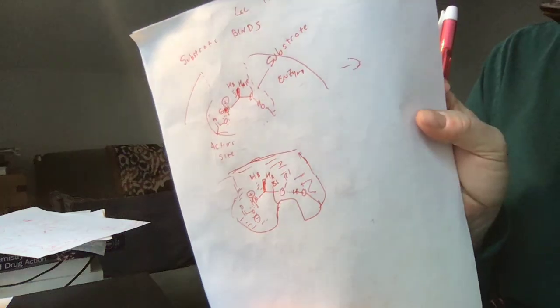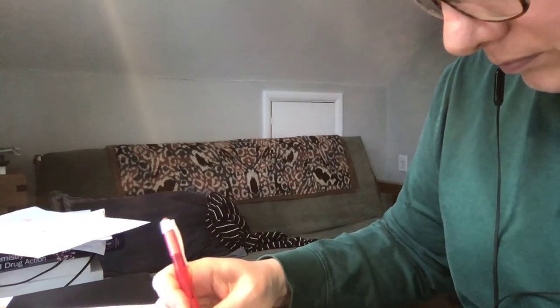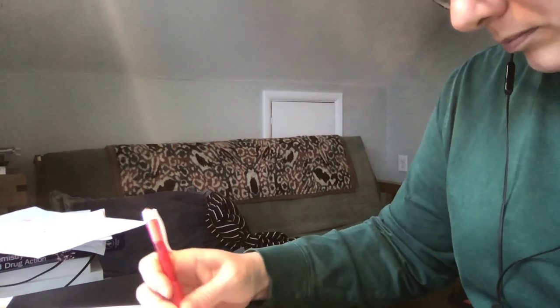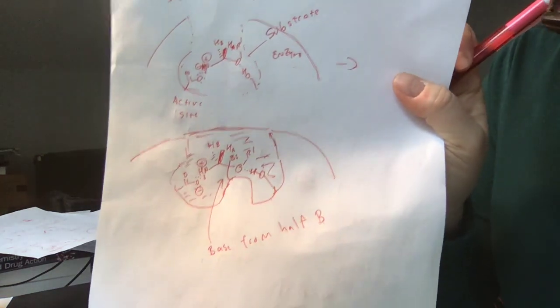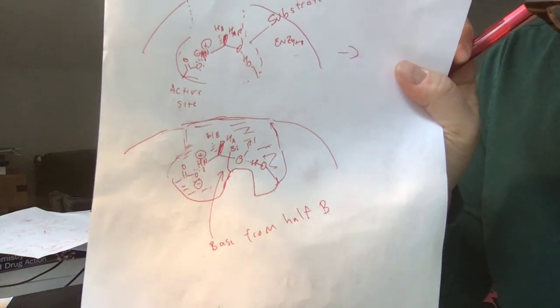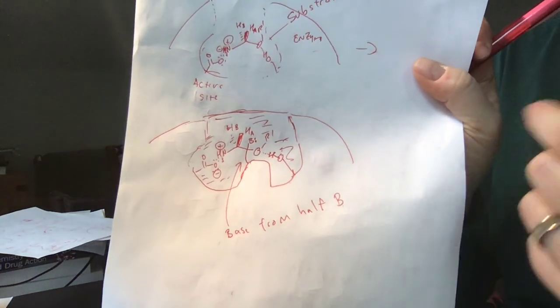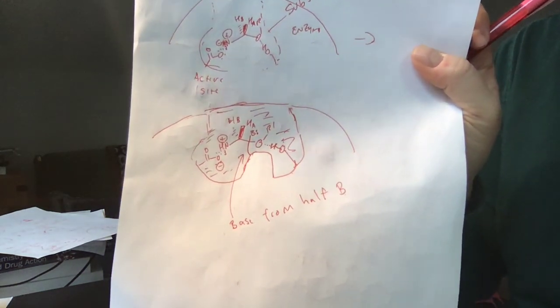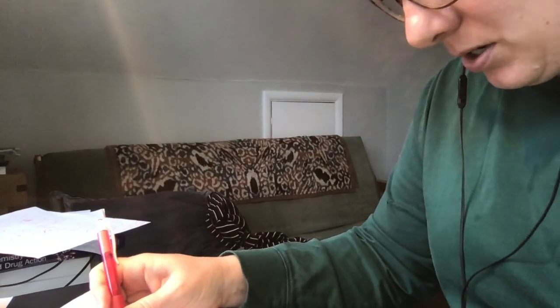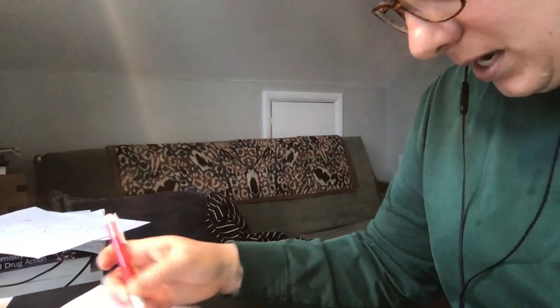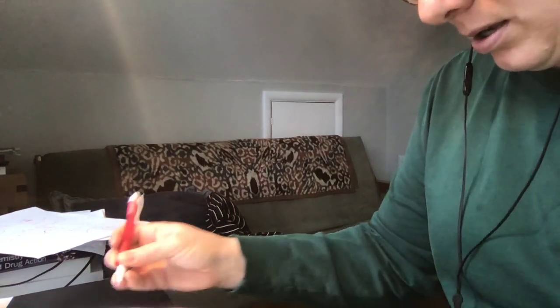So now I brought in half B. So I brought in that base from half B. And we're going to see how everything's set up: B can only deprotonate HA with how that enzyme's active site is set up. So B can deprotonate HA, and then we're going to get to